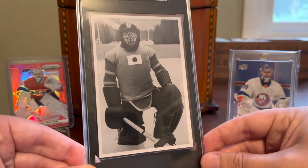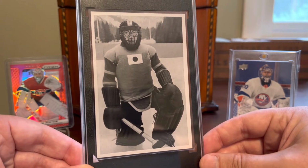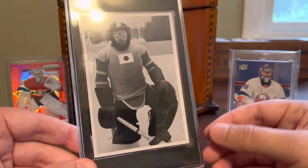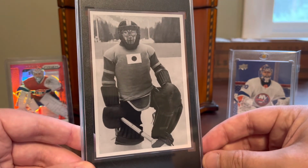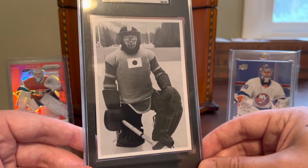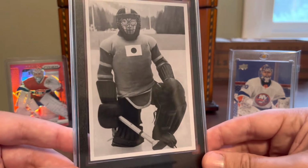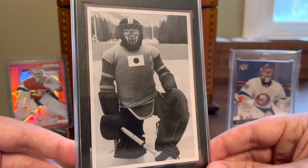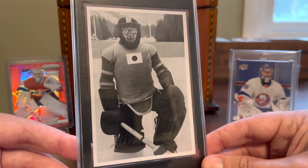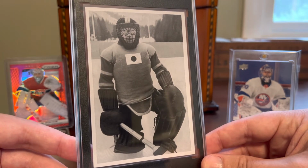Other things I love about this card, aside from the history and the mountainous backdrop, just the aesthetics of the photo here and the uniform and the equipment. I mean, this is from a time when an NHL sweater, which some of us, myself included, refer to modern day NHL jerseys as sweaters. This is where that came from. This is an era where they were truly wearing sweaters. And I just think that Japanese patch right on the chest there is just too cool. I love the stripes on the arms, just a really cool look with the chest